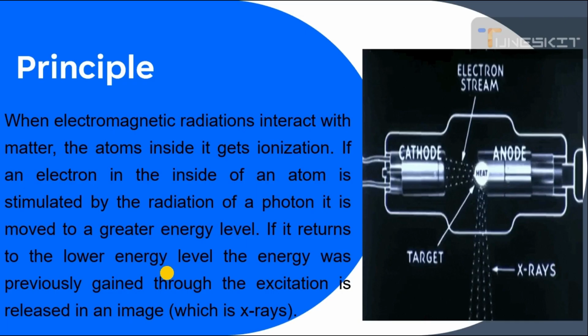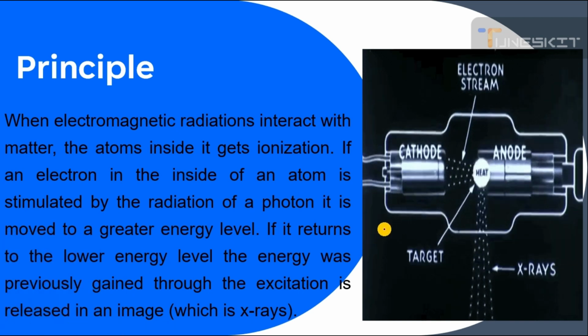Now the principle of X-rays. It is quite easy: when an electromagnetic radiation interacts with matter, the atoms inside it get ionized. We all know that if an electron inside an atom is stimulated by the radiation of a photon, it moves to a greater energy level, and after some time it returns back with the emission of radiation. So in the diagram you can see